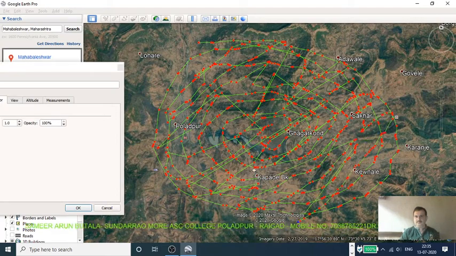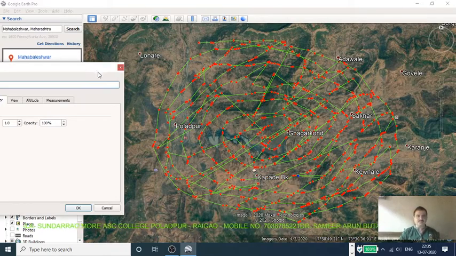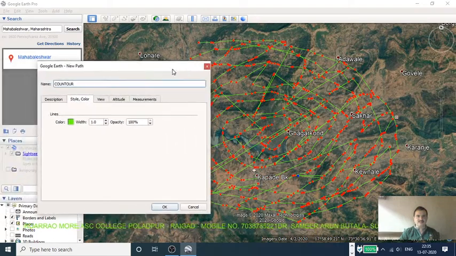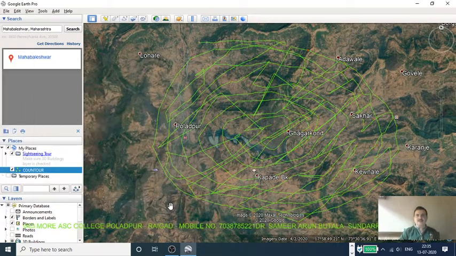So in this way we covered most of the area with points. Just drag this window here and click on OK. So here a contour dot file is generated.